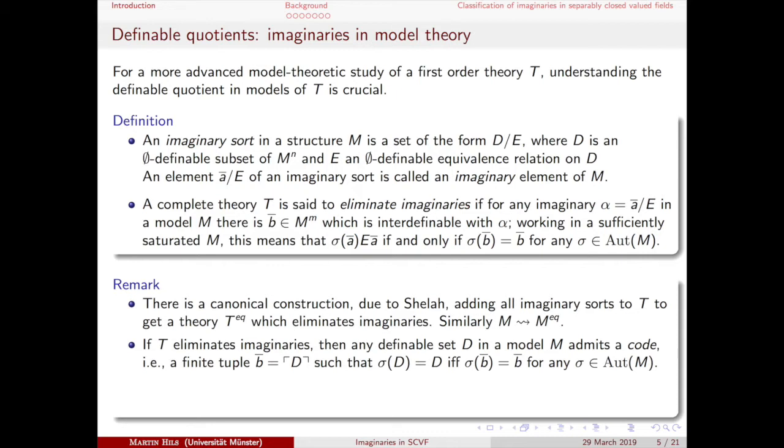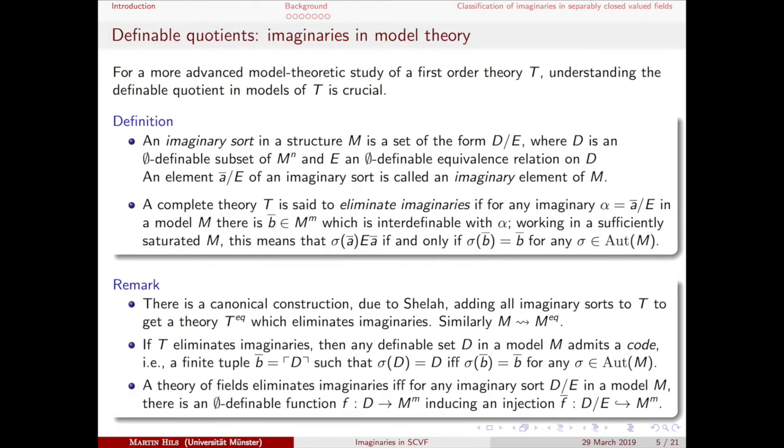Okay. That's useful, because you can talk about a definable set somehow. Maybe you have germs of functions and you want to talk about them, and then using the code you have a canonical object for this. And in the theory of fields, or more generally in the theory where you have two different constants which are definable over the empty set, 0 and 1, for example, in fields,